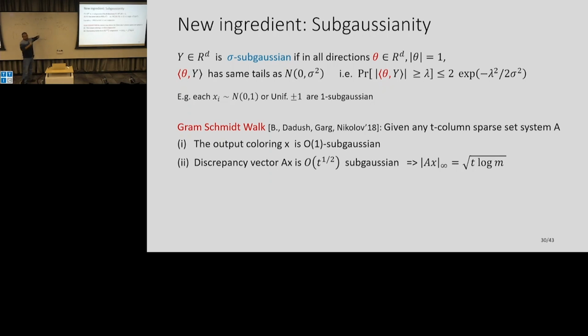This will be a random coloring coming from some complicated distribution, but with the following amazing property. First of all, that coloring is going to look like random plus minus 1 basically. It's going to be order 1 subgaussian. Yet, it will behave much better than random in the sense that if you look at A times your coloring X, the entries that you get here will be square root t-ish. So it's like a low discrepancy coloring.